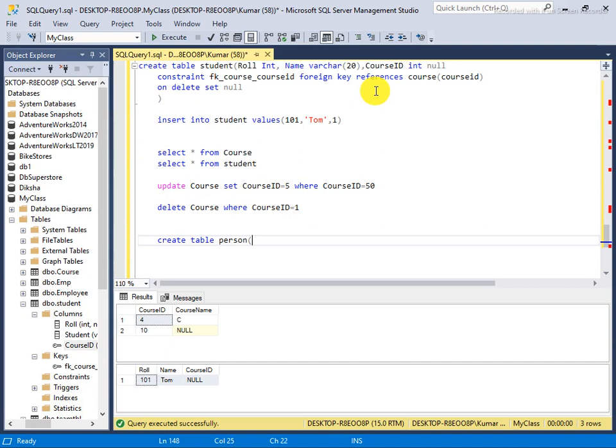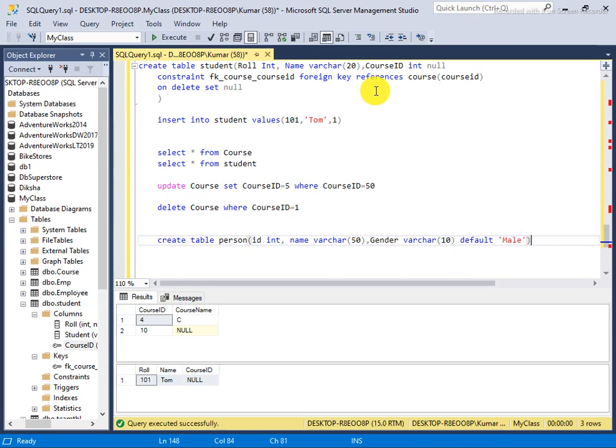You will say id integer, name varchar 50, and third, gender varchar 10. And by default I want it to be male.